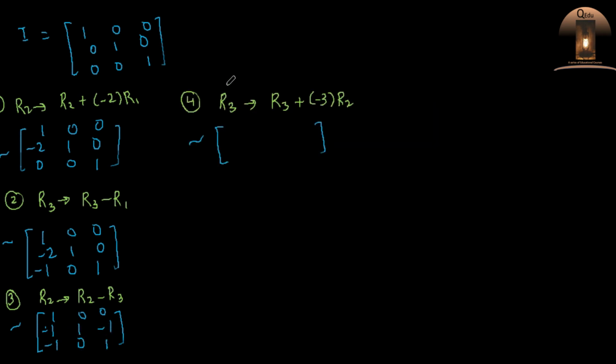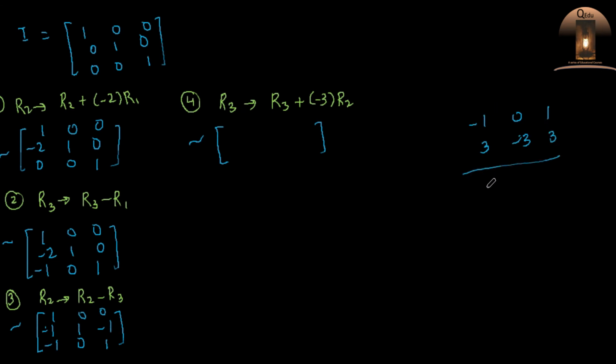So now the next operation is to change row 3, and that is by the operation R3 minus 3 times row 2. So we have the elements in row 2 which are minus 1, 1, minus 1, and the elements in row 3 are minus 1, 0, 1. So write the elements of row 3, which are minus 1, 0, 1. The elements of row 2 are minus 1, 1 and minus 1. Multiplying by minus 3 we will have plus 3, and then minus 3, and then plus 3. So now add these two.